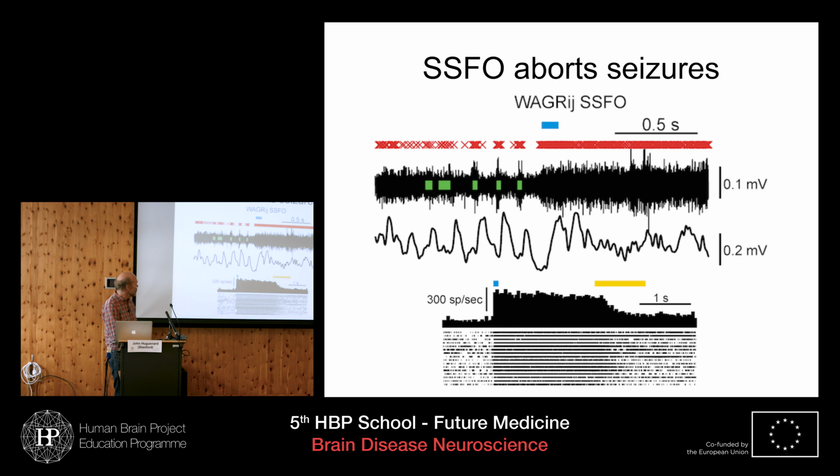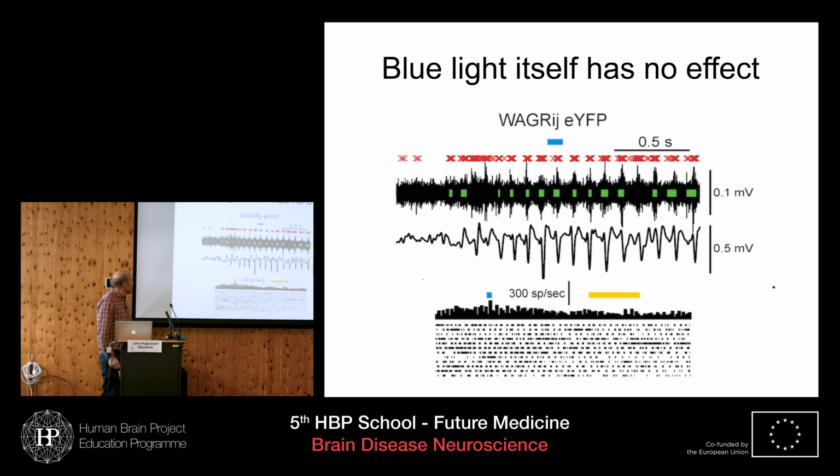And this is just showing the spiking activity of these cells. You can see the blue light is turned on here. This is repeated raster trials, as Alain described. The opsin turns on, the cells increase their spiking, and then the yellow light turns them back off again. It's quite repeatable from trial to trial. Again, we have appropriate controls for this. So if we apply the blue light in animals that have another virus injected into their thalamic relay cells, just expressing the fluorescent protein, there's no effect of the light itself, and the seizures are unaffected.